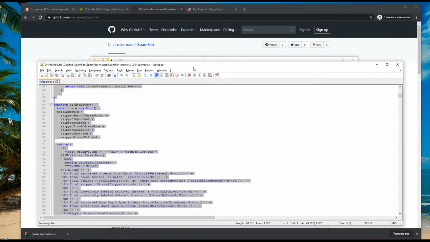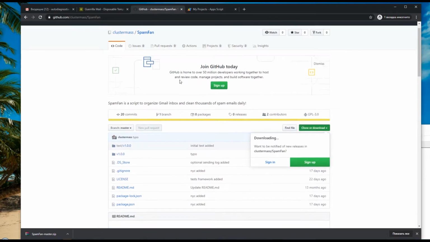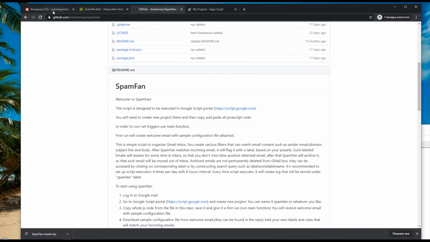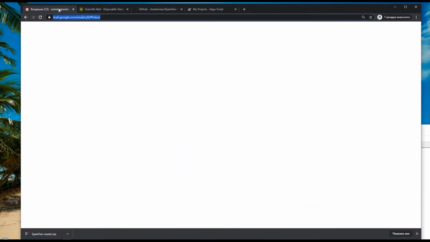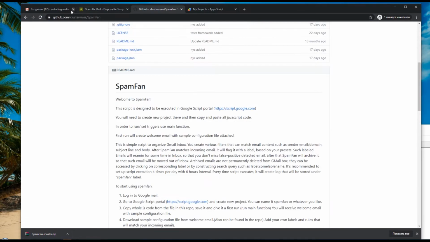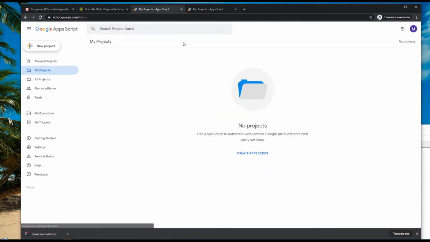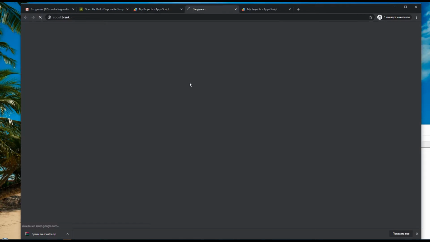The next thing you want to do is log into a Google account on the browser where you want to install this script, and then I left the link here to the script.google.com portal. When you go to that portal, you can see that you have no projects. Well, maybe you have projects, I don't know, but for most people probably there will be no projects here. Now you create a new project,